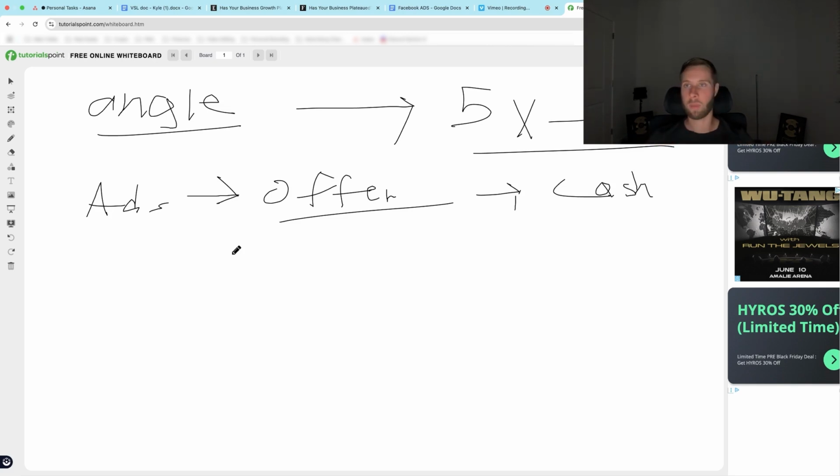Also in e-commerce, you want to make the product better. You want to make it better than everybody else that you're competing against. So we're going to go into info products. The way you're going to do it with an info product is a lot different.